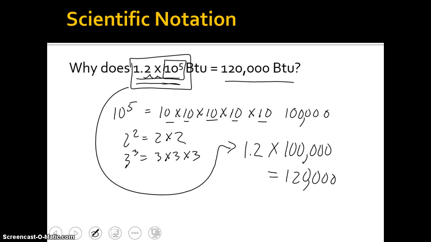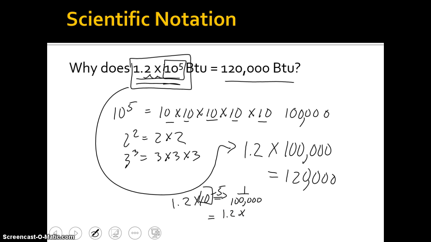And the same thing goes for the negative exponent, which is just on the denominator. So with a negative power, you divide by that number of 10s. Let's do this quickly: 1.2 times 10 to the minus fifth. This part is 1 over 10 to the fifth, so it's going to be this. That's the same thing as saying